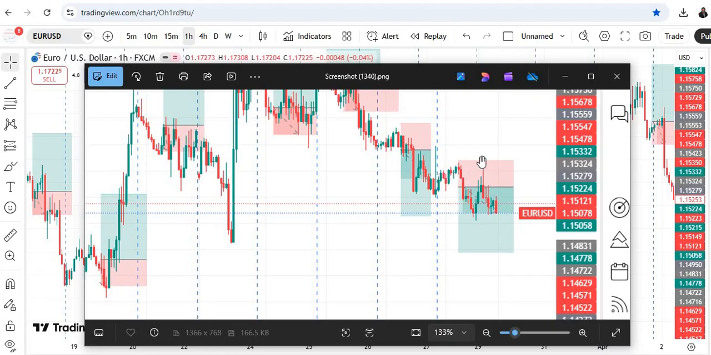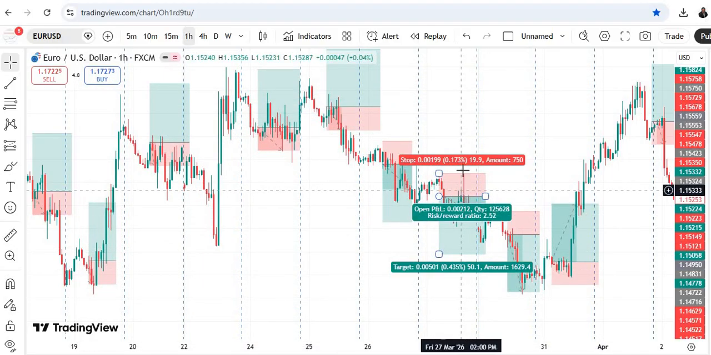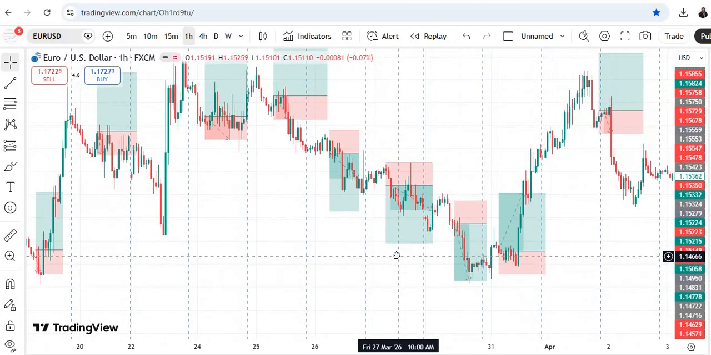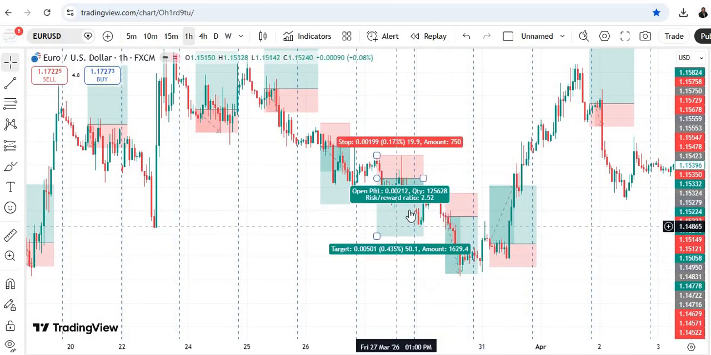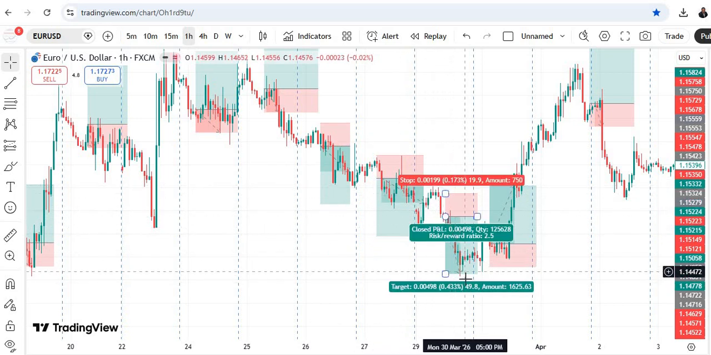I think he went to pick liquidity. Then it started going my way, but me, I was taken out already. I was taken out on the trade and see, it came down again. So on Monday, I still entered a sell. I waited for a pullback, then I entered a sell